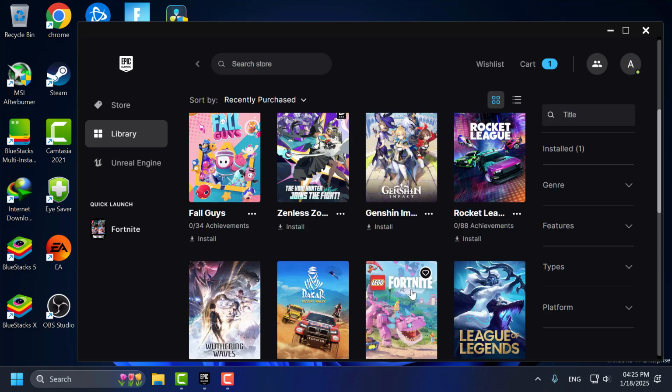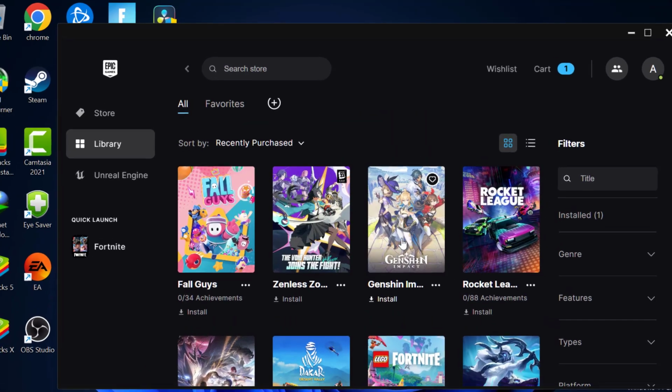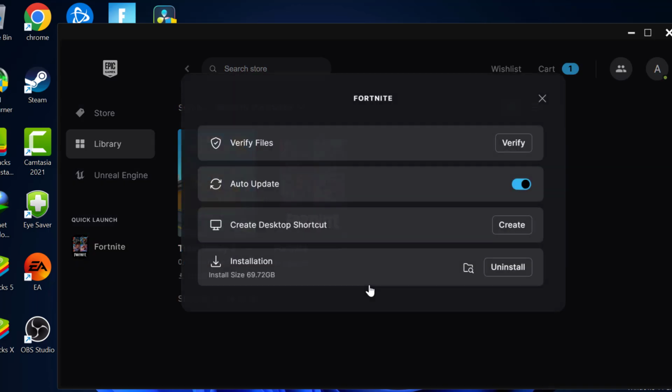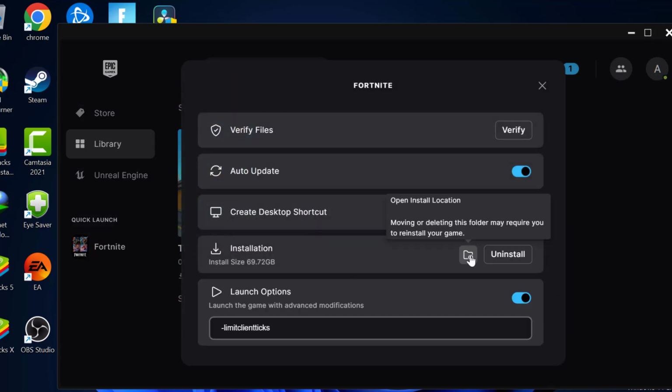Today we are going to see how to add an already installed game to Epic Games. I'll show you guys how to do it. You just need to click on the three dot icon next to any game, select the manage option, and select this open install location,